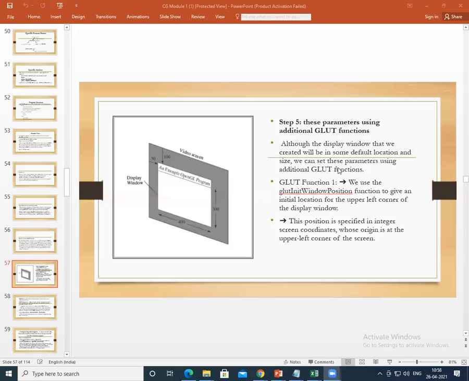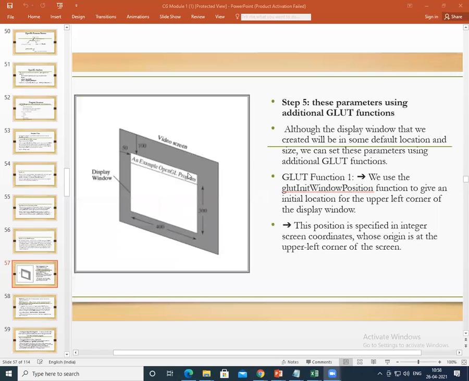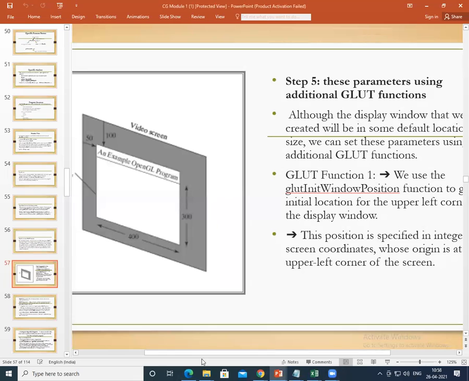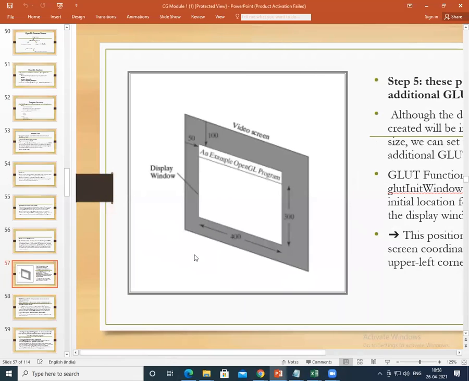So here is a program. A few additional functions are there. This is the basic objective, an example of an OpenGL program.